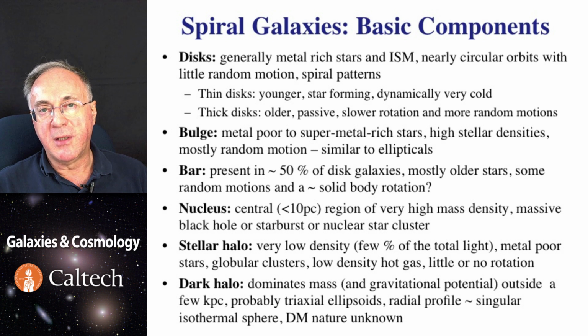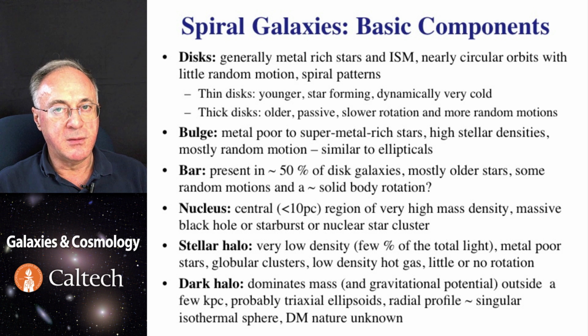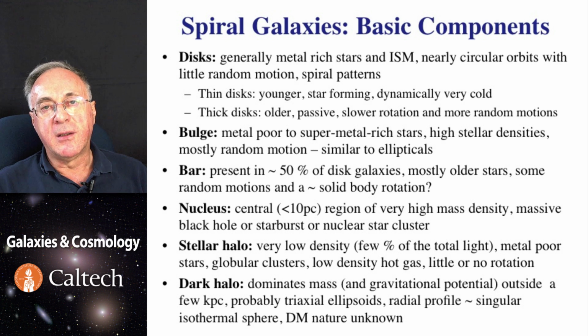Sometimes it may contain a supermassive black hole, which may or may not be active, and there is usually some star formation. If you remember numerical experiments and collisions of spiral galaxies, the gas tends to sink to the center because it loses energy, and if you accumulate a lot of gas at high density,